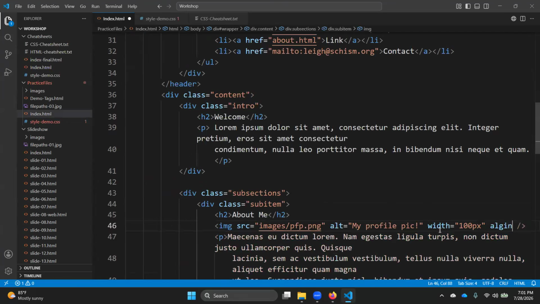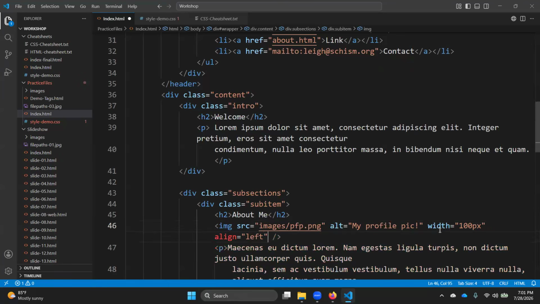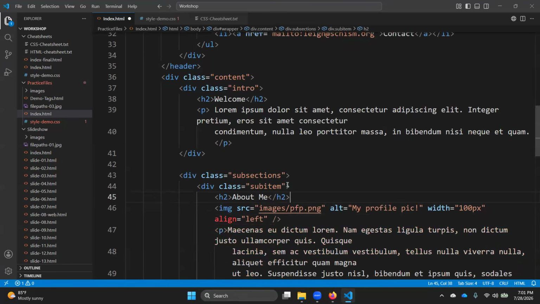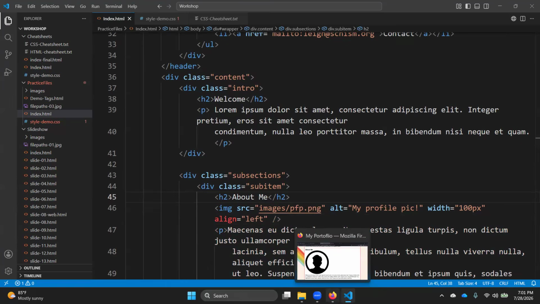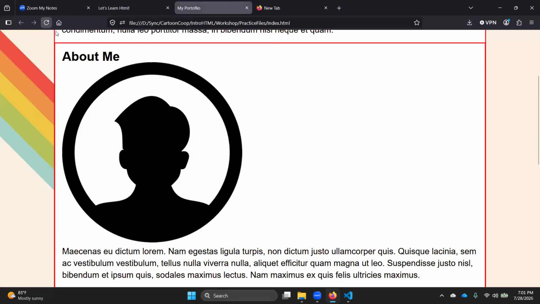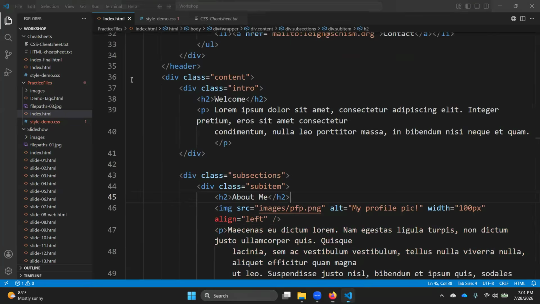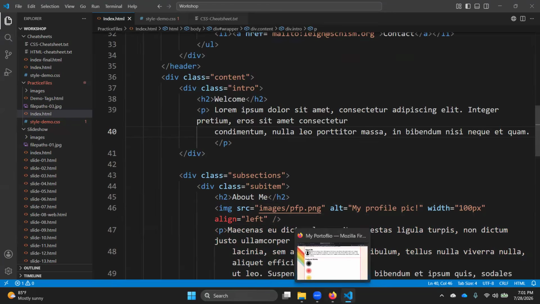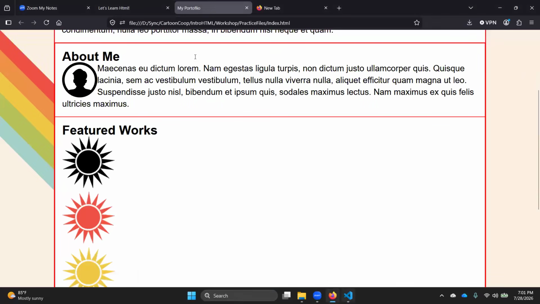And then we're going to set the align. We're going to tell it align equals left. And that's going to tell it, put this to the left and the text will wrap around it. And then if we want to target that image a little more specifically, we can do that in the